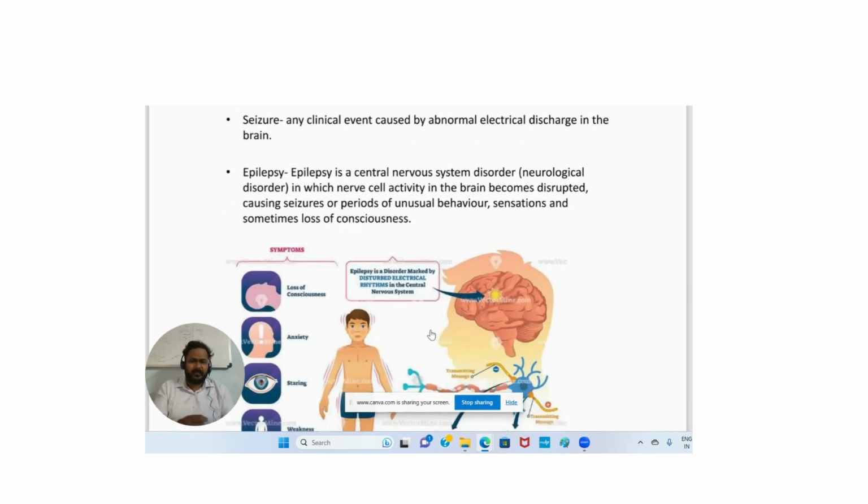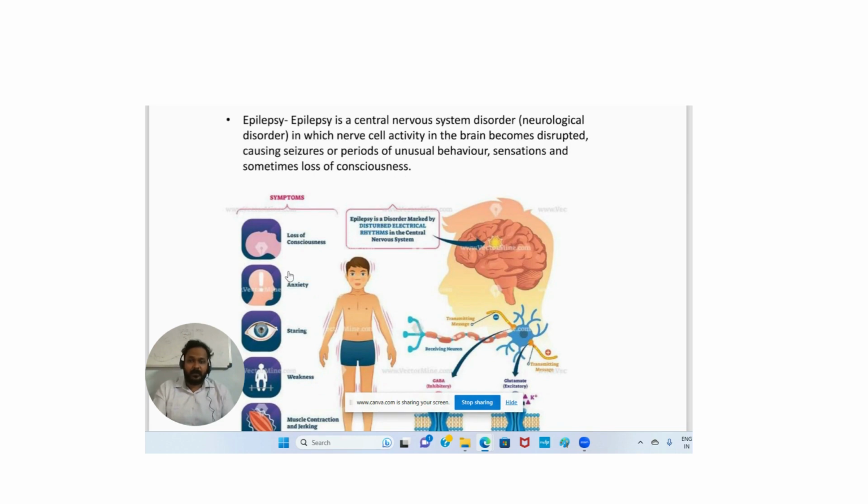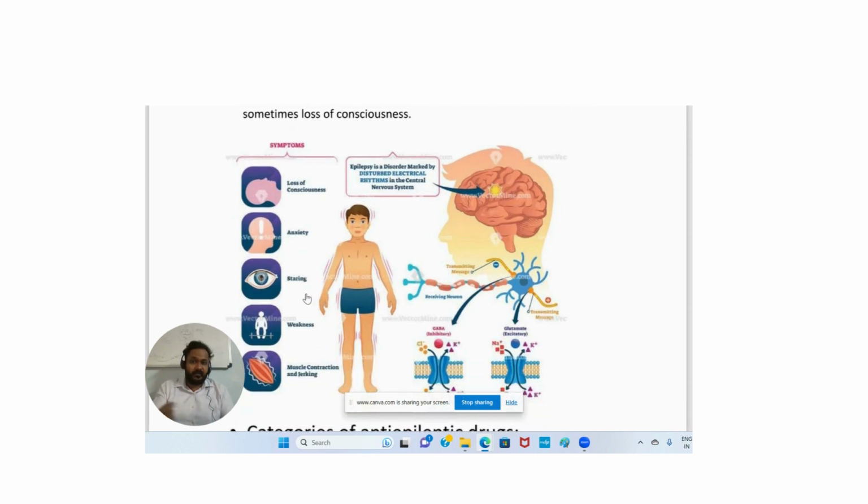What are the characteristics and symptoms we have seen in case of epilepsy? Sometimes loss of consciousness, it depends on the type of the epilepsy. Anxiety, staring, weakness of the muscles, spasm and contraction of the muscles, jerking and shaking, trembling of the body parts. Epilepsy is a disorder marked by the disturbed electrical rhythm of the central nervous system, and there are